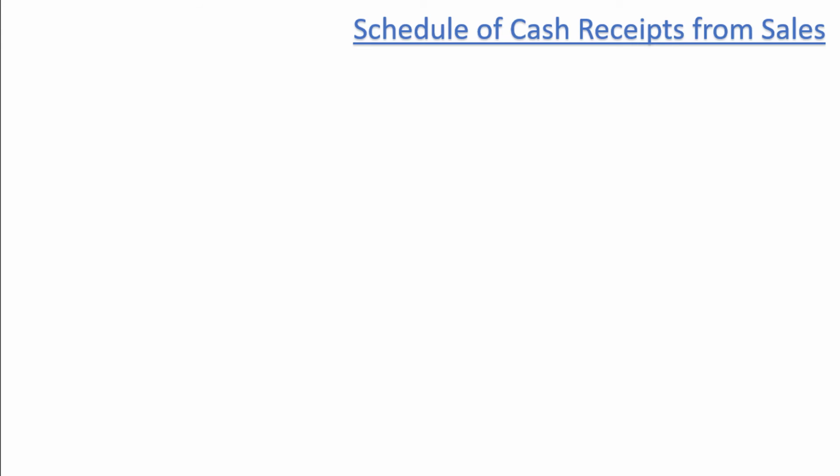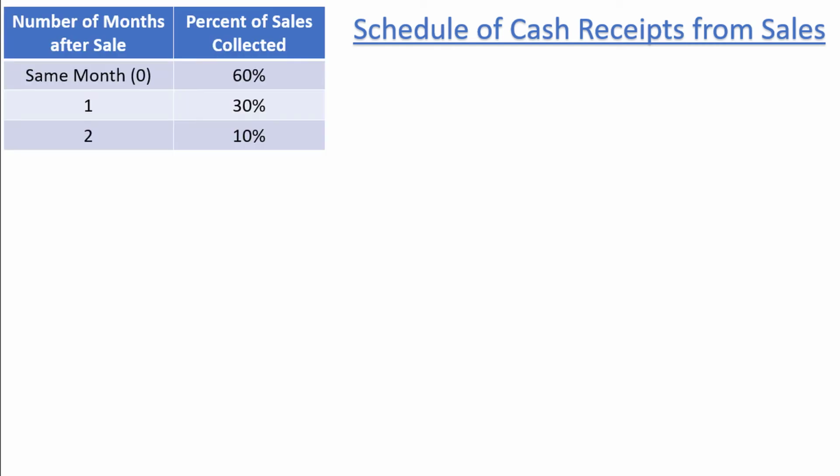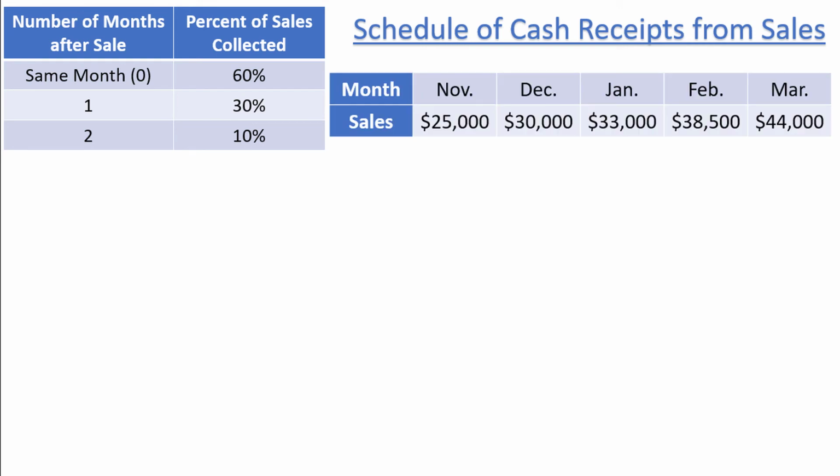This is where a company will forecast when it expects to collect the cash related to the sales from the sales budget. Based on historical data, 60% of sales are cash sales collected in the month of the sale, 30% are collected 1 month following the sale, and 10% are collected 2 months after the sale. The sales for November through March are showing on the screen now. The January through March sales are from the sales budget, and the November and December sales are based on the